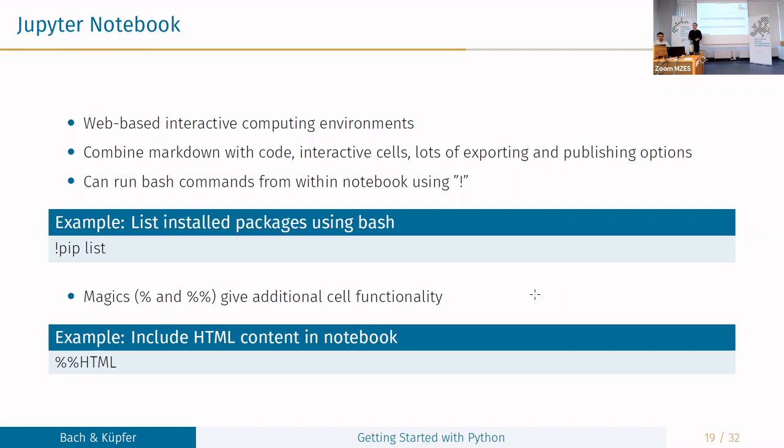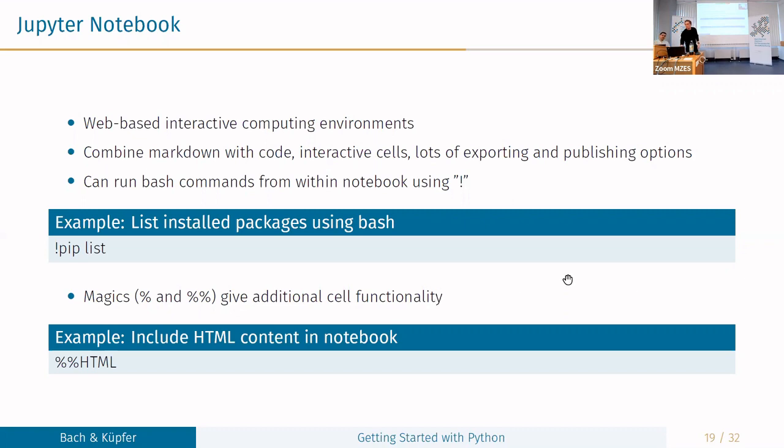And the nice thing is it allows you to combine Markdown with code, with interactive cells. You have a lot of options for exporting and publishing reports, somewhat more similar to R Markdown. You can even run bash commands. Bash commands means all the stuff that I showed earlier with the $, like pip install packages.